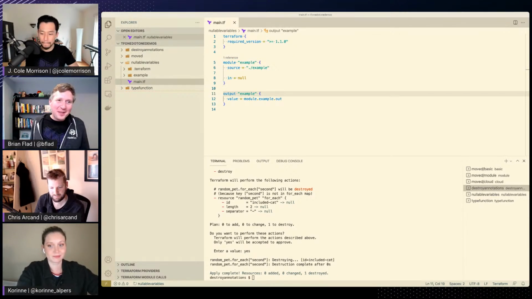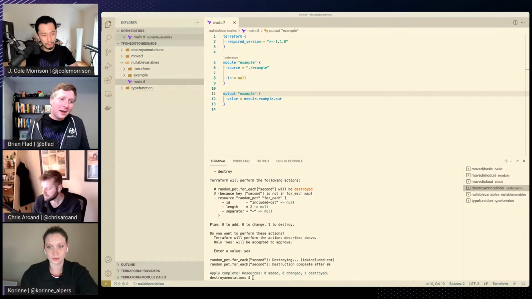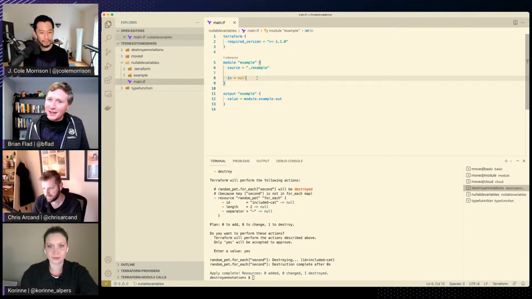Yeah, so happy to jump into this one pretty quickly. This is an interesting case where previously in Terraform configurations, because it existed when Terraform 1.0 was released, this default behavior has to stick around for a bit. But essentially what can happen, as you can see in this configuration here, is that